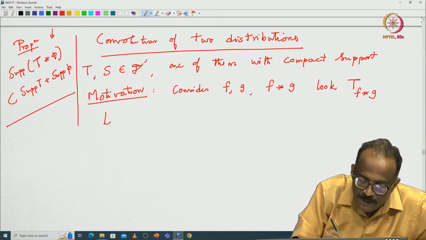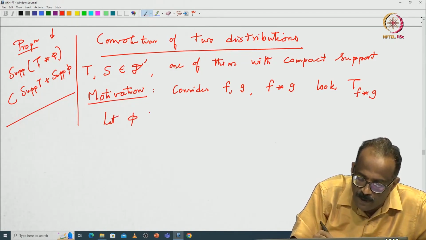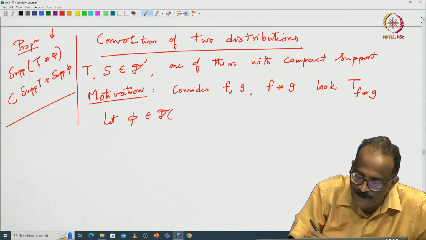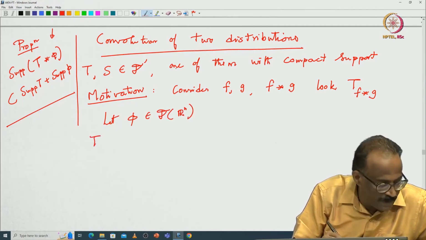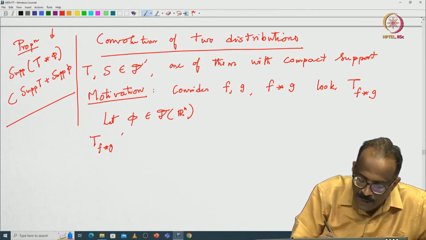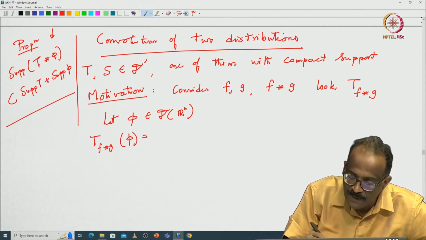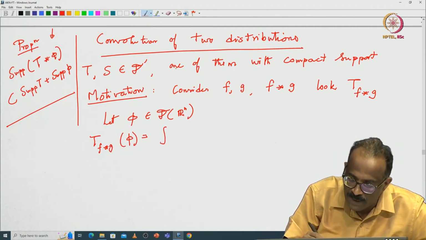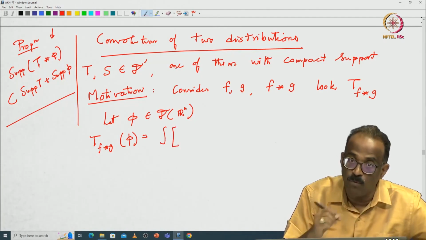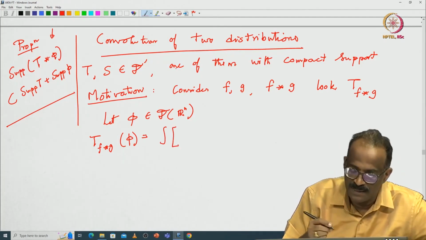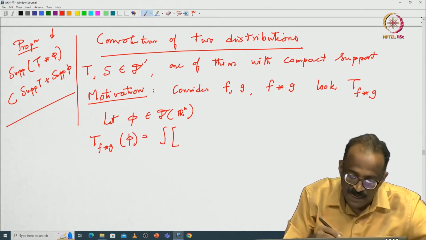So, let phi be in D of Rn. Let us look at T of f star g at phi, that is equal to, how do you define? It is the integral over Rn of f star g of x